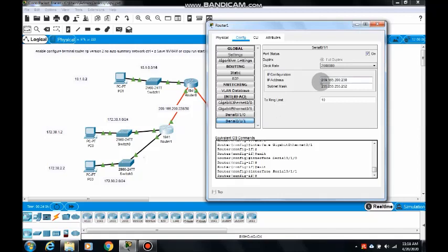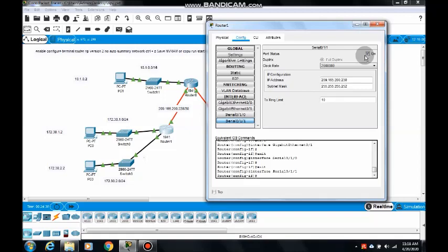So that is 209.165.200.230. 228 is the network ID, 229 is the address given to this interface, 230 is given to this interface, and 231 is the broadcast address.